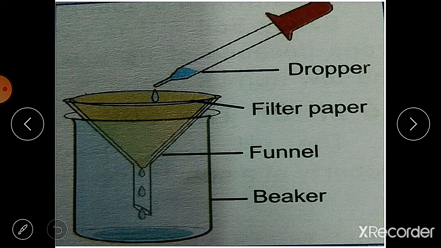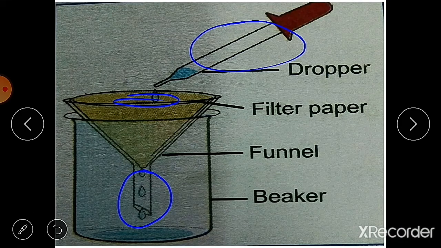Now take 50 gram of soil and pour it into the funnel. Now take water in a measuring cylinder and pour it drop by drop on the soil. You have to take one measuring cylinder and fill it with water. Then you take water from that measuring cylinder and pour it with a dropper. Use the dropper and drop by drop pour water on the soil. Then keep pouring water till it starts dripping, and then note down the amount of water left in the measuring cylinder.